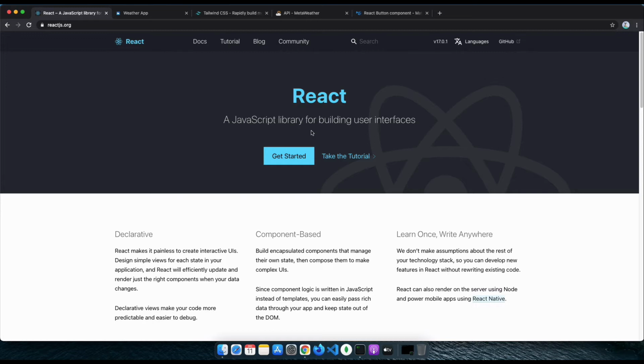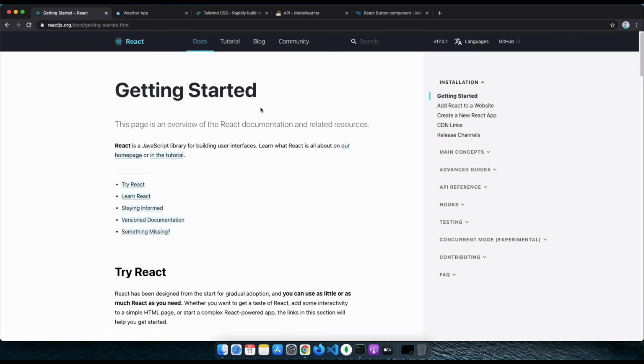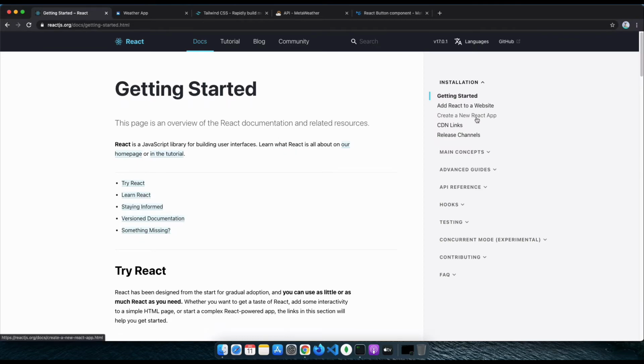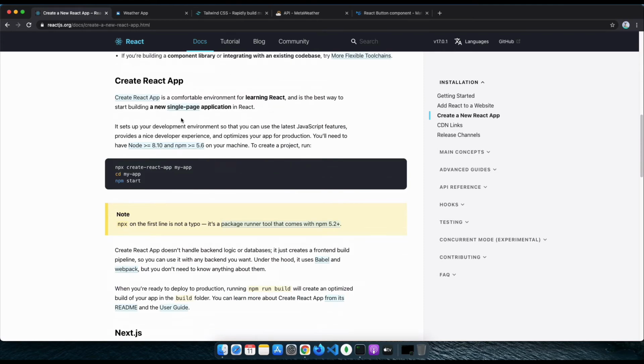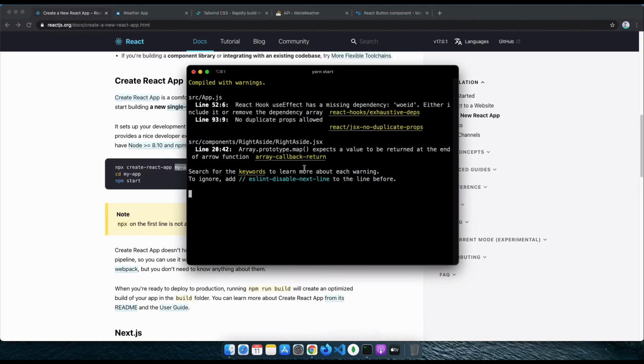So to create a boilerplate weather application, just click on the Get Started menu and then go to Create New React App. And as you can see here, to create a new React application, we need to execute npx create-react-app and the name of our application. So I'll be firing up a terminal right here